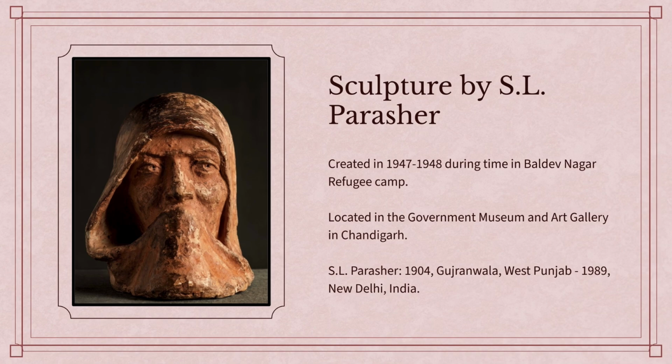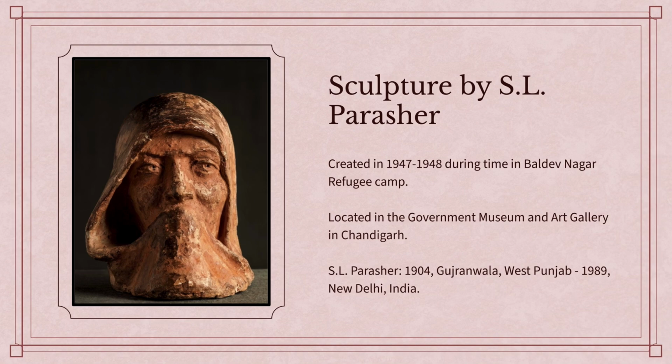This sculpture is directly from the partition. So now we are looking at the actual partition. This isn't what caused it anymore, but the actual looks of it. And I think this statue is really important because although the statue is already found in a museum, this image of the statue almost personifies the woman depicted. It makes it look like a picture of someone, and you can see the horror. You can see the murders, the rapes, the division, mass migration, the loss of identity.